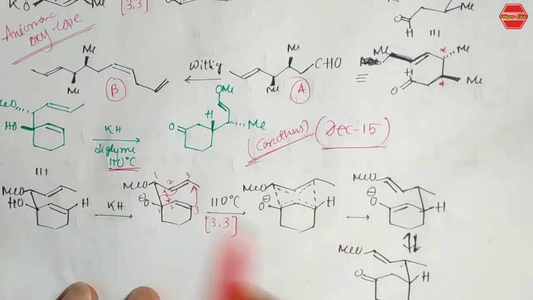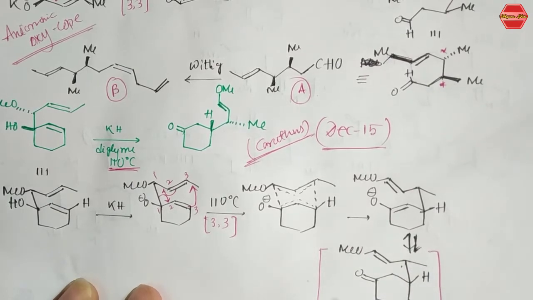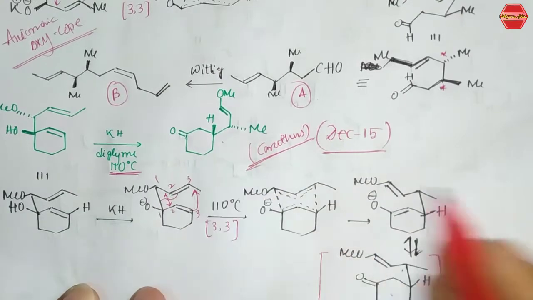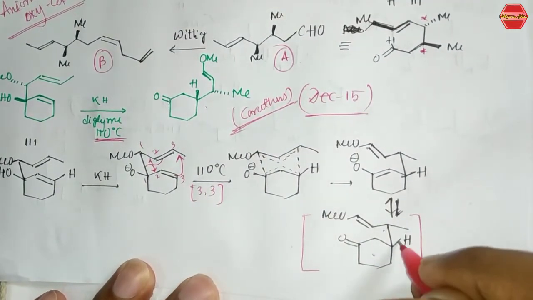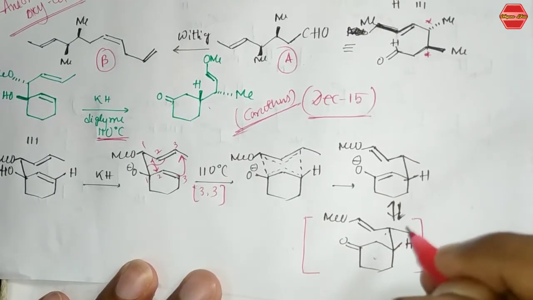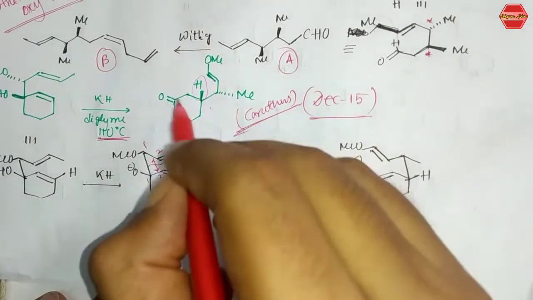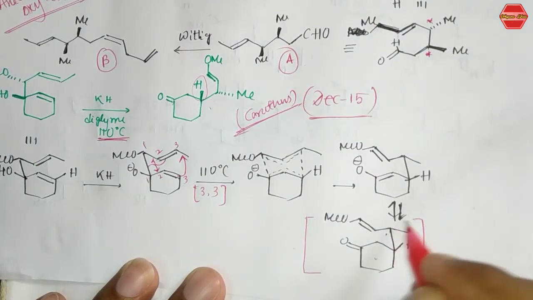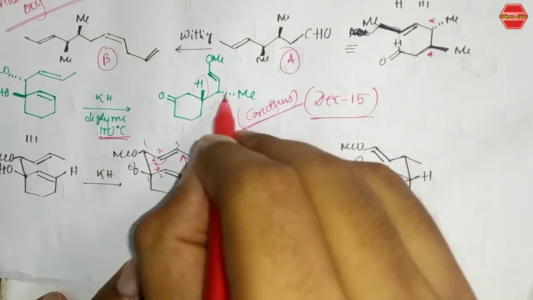Now the question is, given that there is an answer which is given to you that is not in this form. You have been given this kind of structure, and how can you convert from this one to this one? Basically, you can see that this methyl is in equatorial position. If it is in equatorial position, that means it is in beta bond, so it has to be in beta bond. And if the methyl group given to you is in axial position, that means it is in alpha bond, so it is in alpha bond.